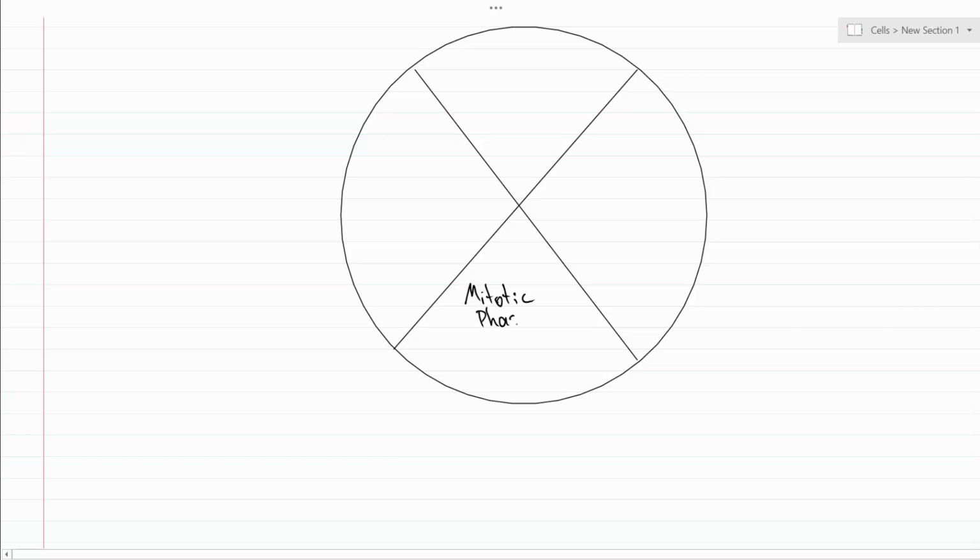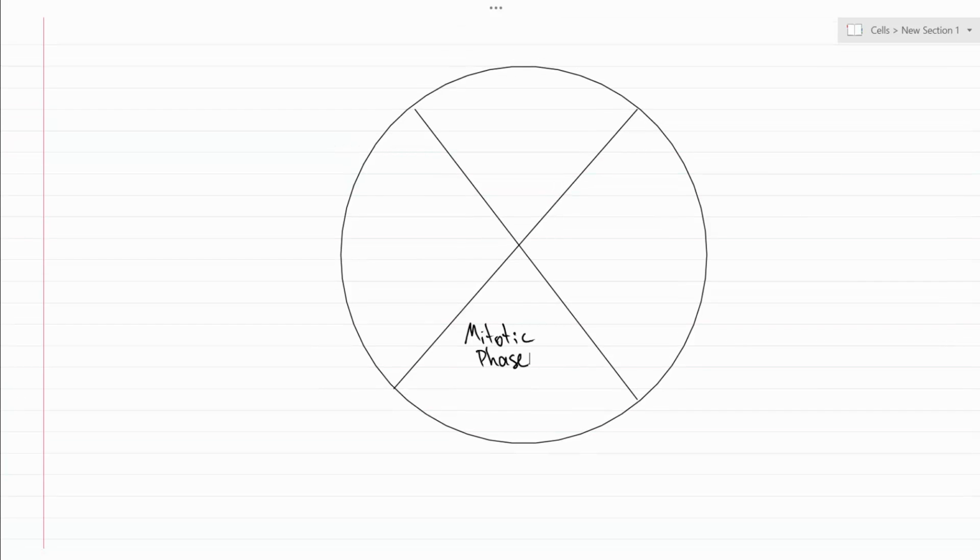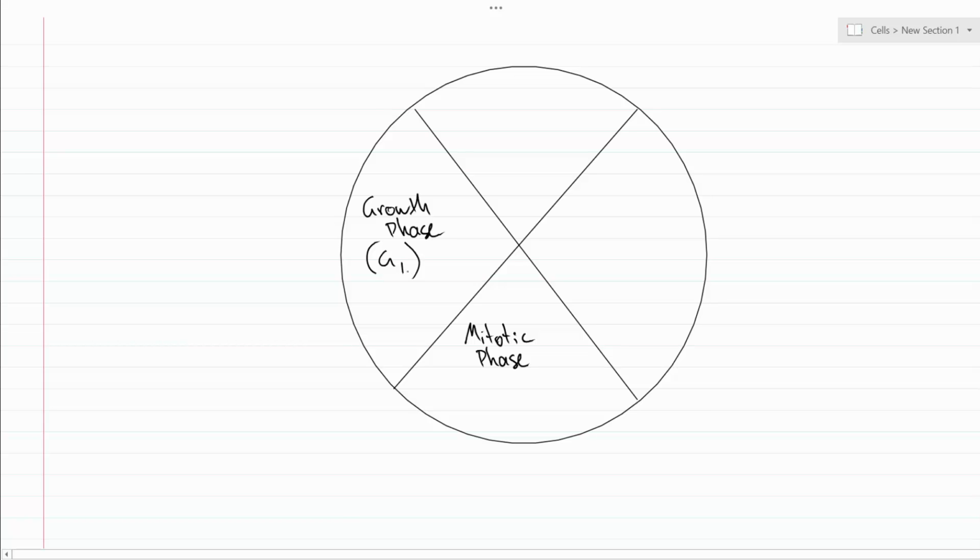The cells are actually dividing or splitting apart during the mitotic phase. This is the phase where the cell will split into two, and we'll go through prophase, metaphase, anaphase, and telophase. Right after the mitotic phase, we have a growth phase. The cell grows throughout a lot of stages in this cycle. We call it the G1 phase, the first growth phase. This is where the cell will establish itself after dividing and start to grow, get a little bit bigger. We also have some more growth in the next phase,